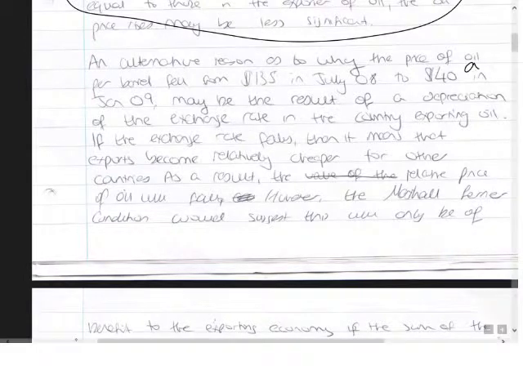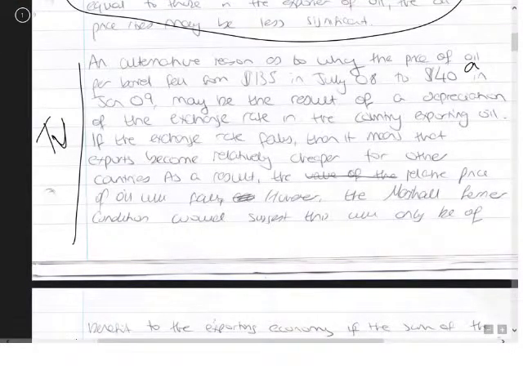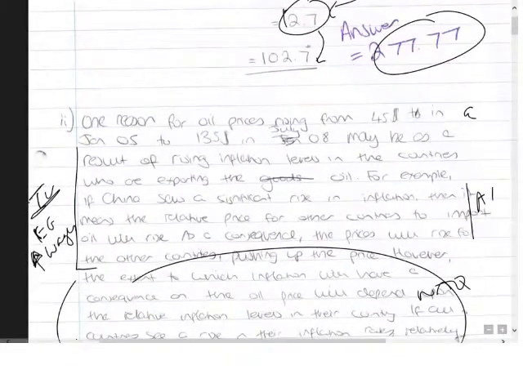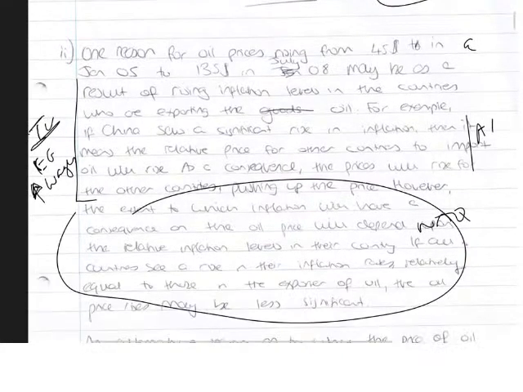One of the reasons why a lot of this question is too vague is if we go back to the question, it says with reference to the figure 1, explain 2 reasons why the change in world economy, so the world economy is the key focus of the question. In this answer, what we have is domestic things, so an exchange rate of one country, and the original one as well is talking about an inflation in the countries where they're exporting oil. Now that one's a little bit better because it's talking about the countries from where they're exporting oil, but one